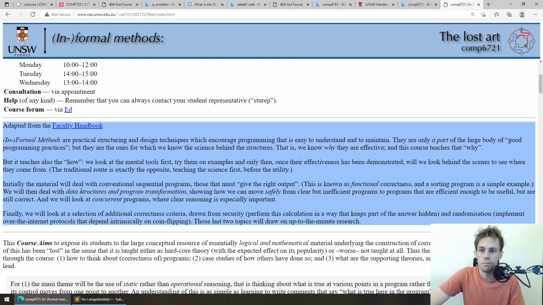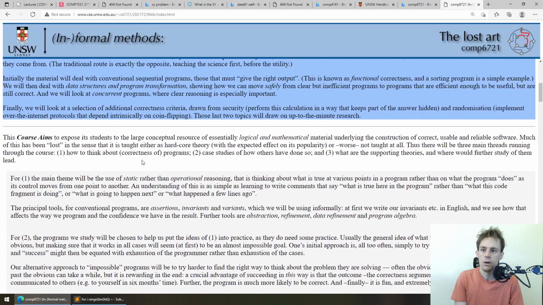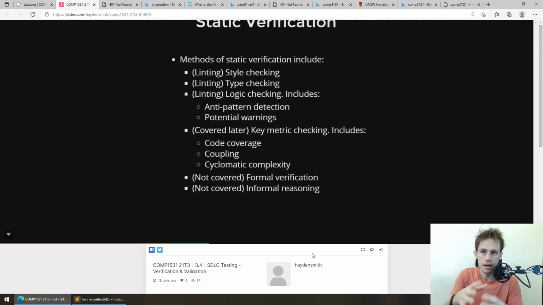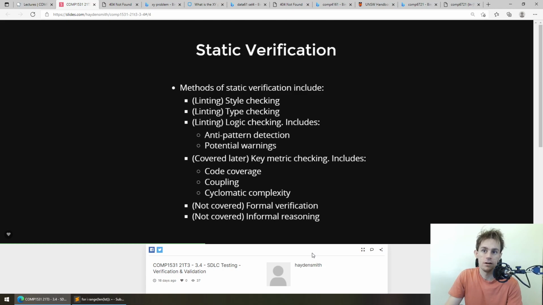I have a bunch of people who've done this course and they said it was challenging, but they loved it. And this one delves into not just let's do formal methods, because there's already a course on that, but what are some other ways that we can actually verify software? So, if you are interested in this whole verification topic, then these are cool courses to spend some time looking into. The last point I want to point out, though, in terms of our list of static verification, is this idea of